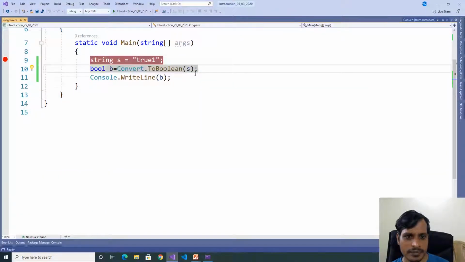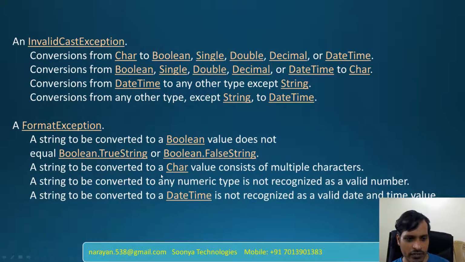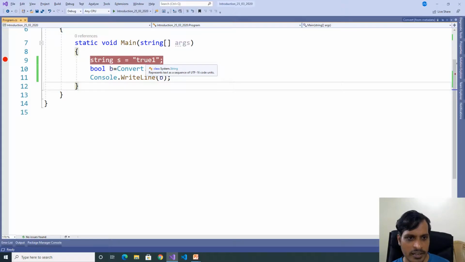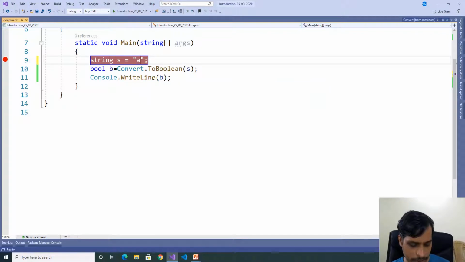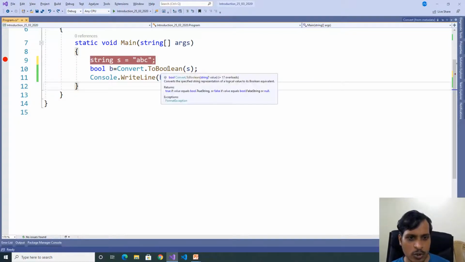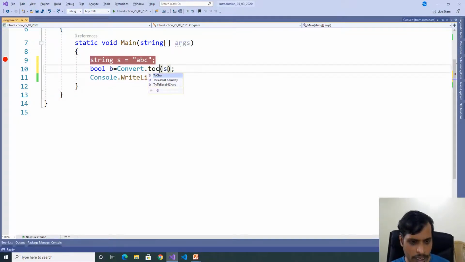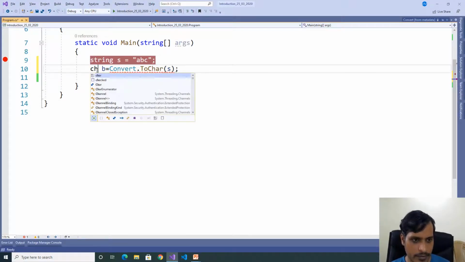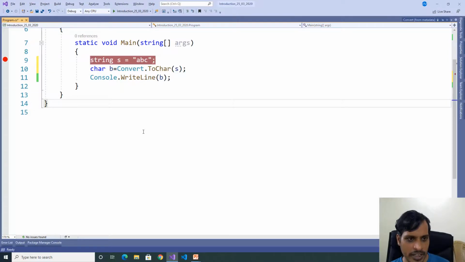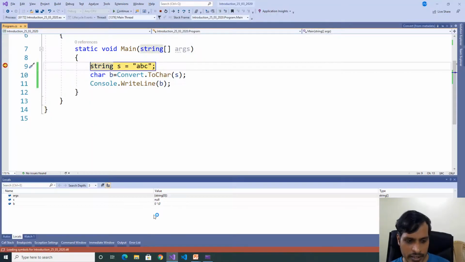Stop execution. Now we'll check this one. A string to be converted to a character value consists of multiple characters. Here string s is equal to "ABC". Here Convert.ToChar. Execute this program. F5, F11.